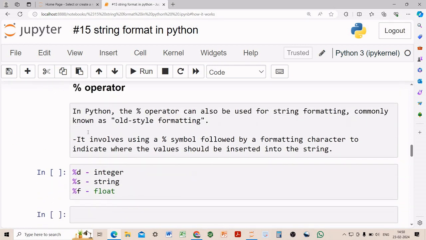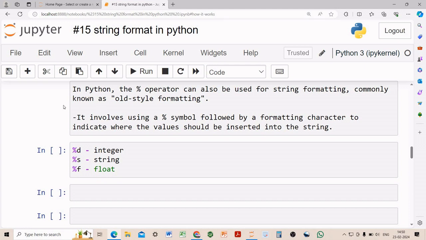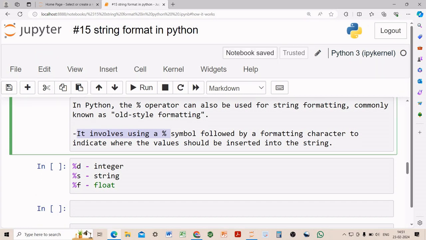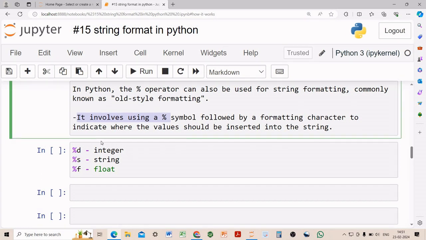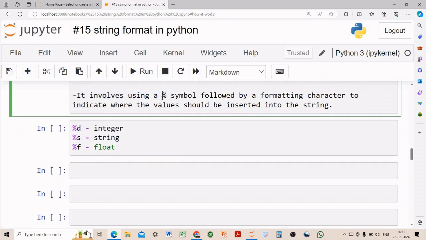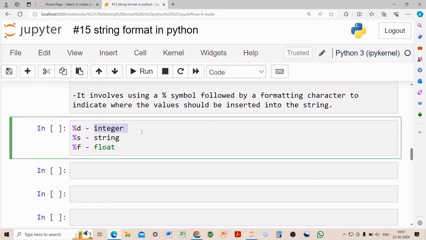Now we'll see using the modulo operator. In Python, the modulo operator is also used for string formatting and is commonly known as the old style of string formatting. It involves using a modulo symbol followed by a formatting character to indicate where the value should be inserted in the string. We use %d for integers,